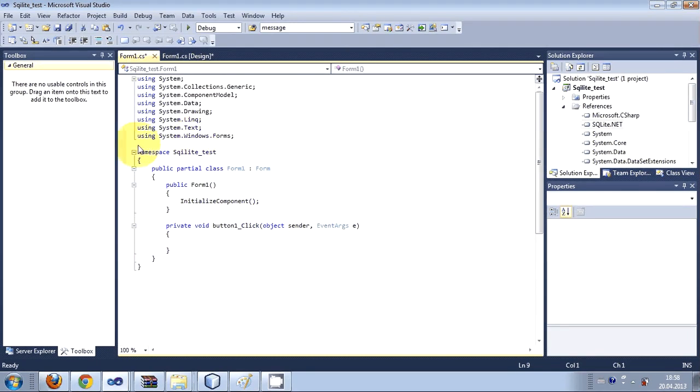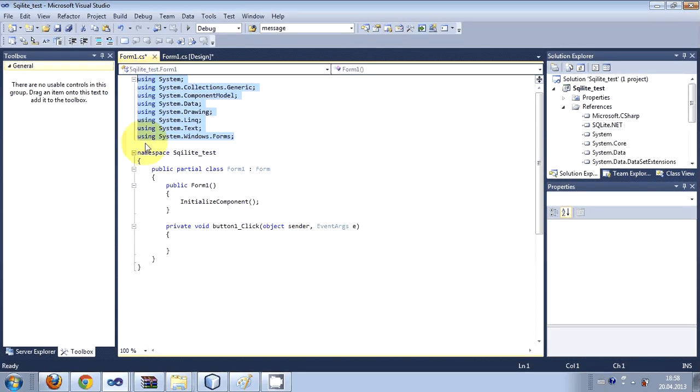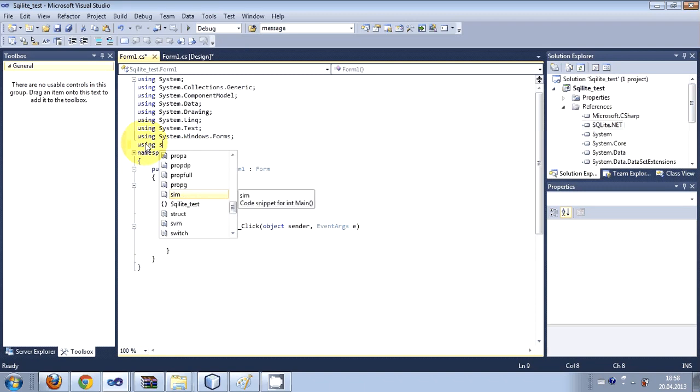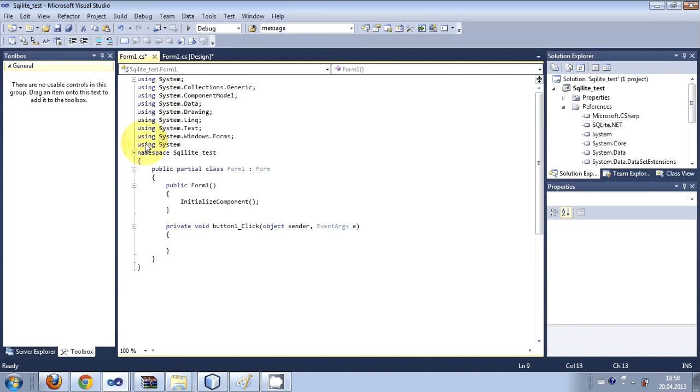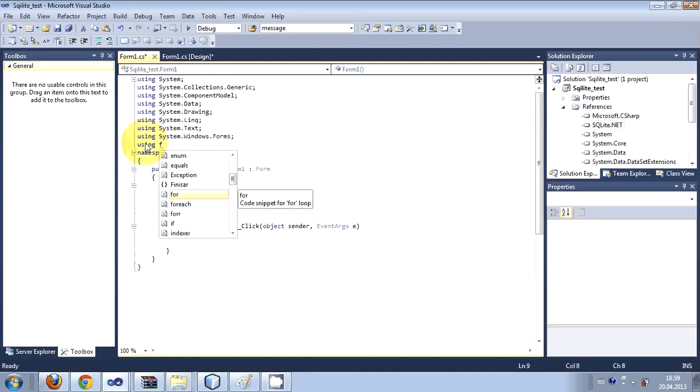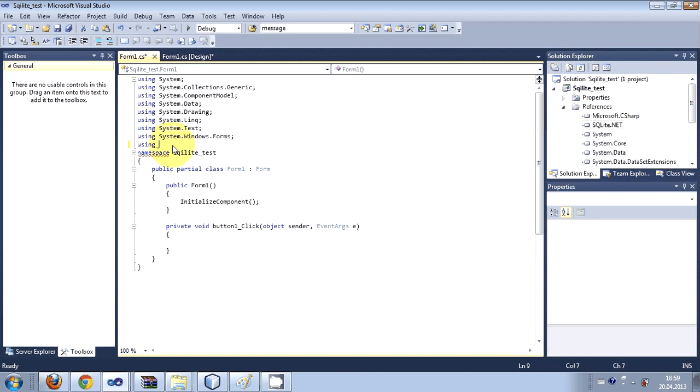Go at the top where all the using imports are, and write using, not system, but write using Finisar.SQLite. Import this SQLite file, and now in the code section of your button click event,